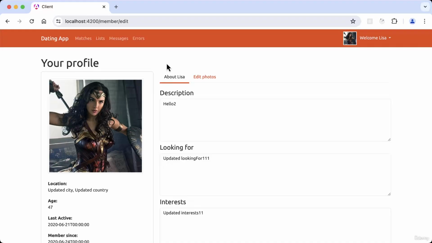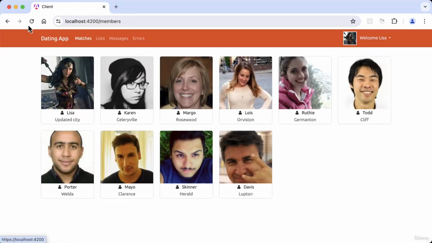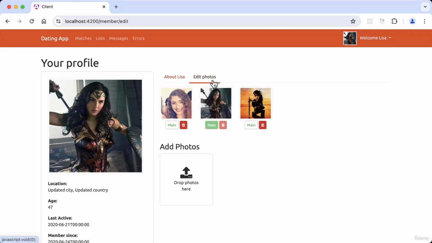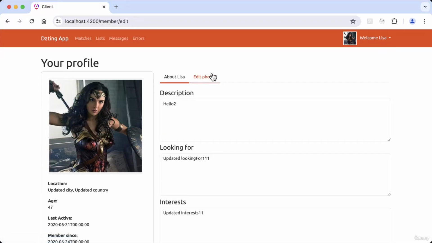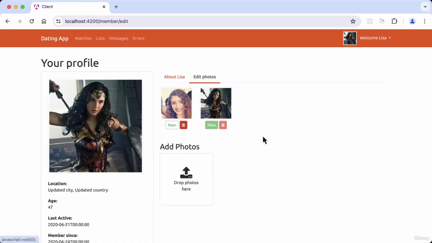So let's go back to the matches, and let's just refresh the page, make sure we're getting the member from the signal in the first place. And I'll go and edit the profile. I'll edit the photos. I'll delete a photo, and what we want to make sure is that when we go back to our matches and we come back to edit the profile, then our photo array remains updated, and that is indeed the case. Okay, so that brings us to the end of this particular section, all about the images,